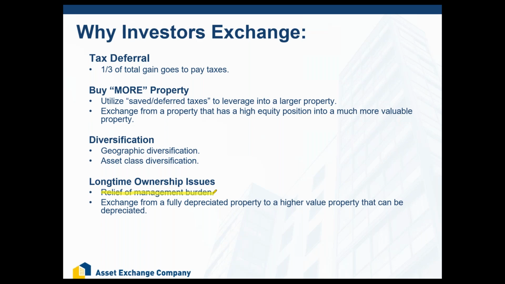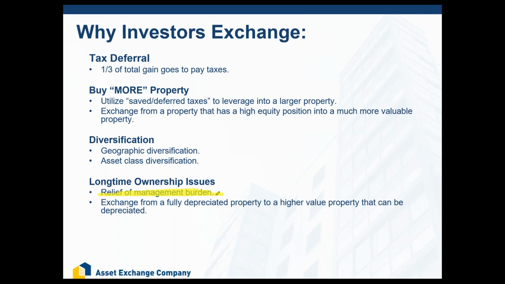You do a 1031 exchange, you get out of your tough to manage properties and you trade into properties that you don't have to manage. Those type of properties, maybe they're triple net leased Walgreens, where you simply own the building and anything that happens to it, the window breaks, the toilet breaks, Walgreens has to take care of it. You don't have to lift a finger. So a lot of our investors are looking to make their life easier by getting out of properties that are tough to manage and into something that's, quite frankly, just a lot easier to manage.